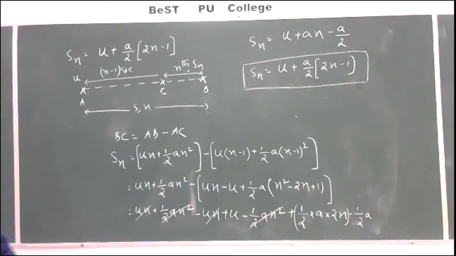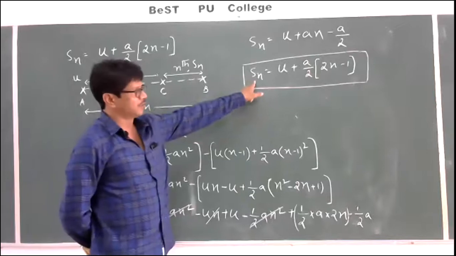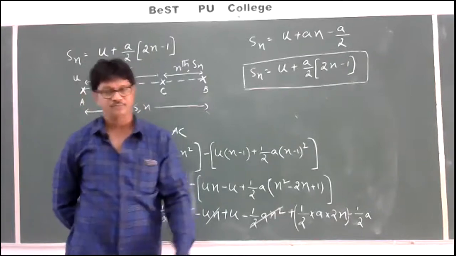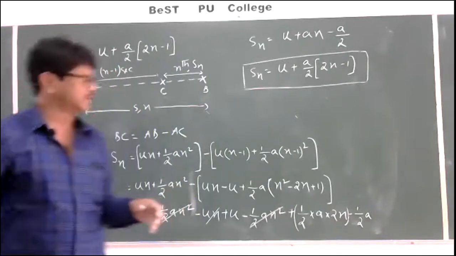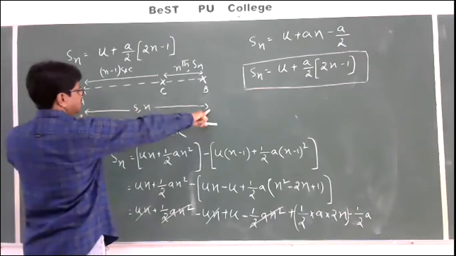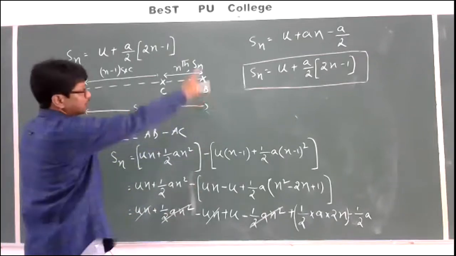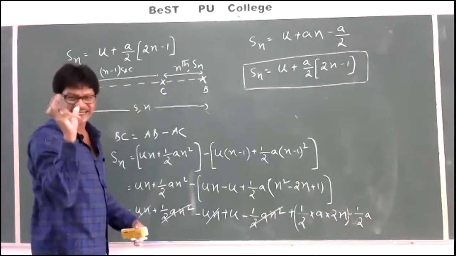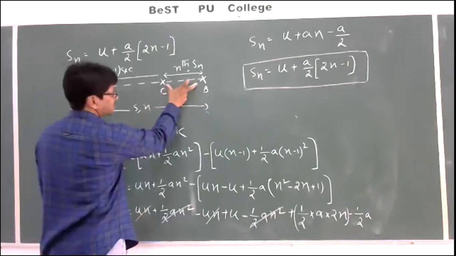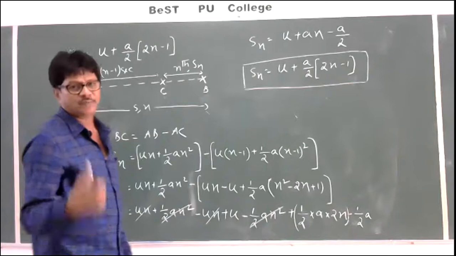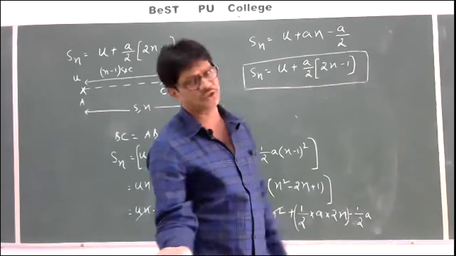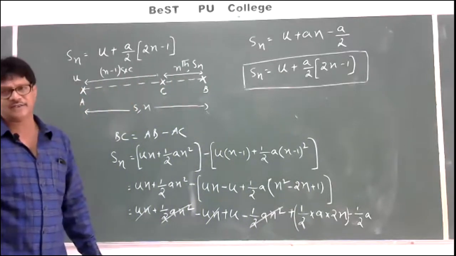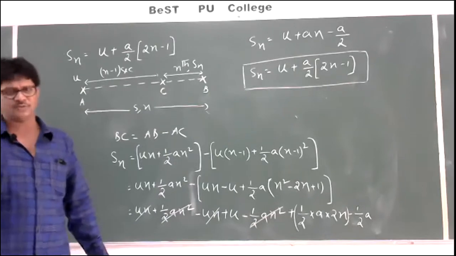So you should have an idea when to use this formula and when to use the previous formula. S is equal to ut plus half at square will be used to find the total distance in a total time. This formula will be used to find the distance traveled in a particular interval of time, like a particular second. It might be the first second, or the second second, or the third second. Now, note down one small problem so that you will get an idea.